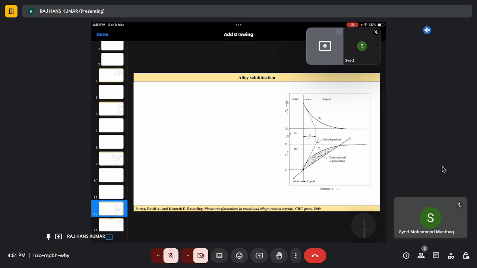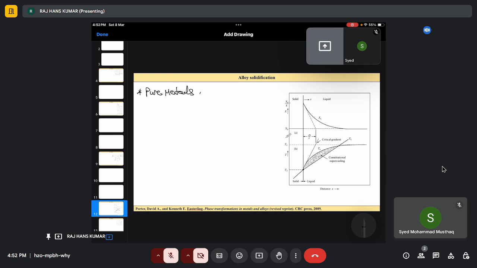Now, that is about those parts. Now, in alloy solidification there is also the role of the diffusion of solid and liquid atoms. But also there is one thing in, let's say, pure metals